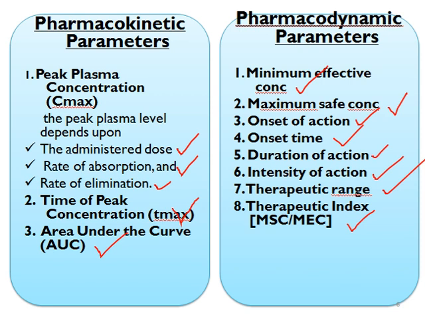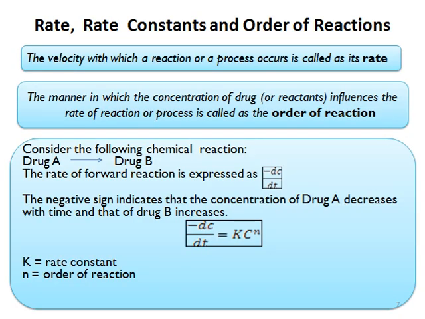Now, what do you understand by the rate constant and order of reaction? The velocity or the speed with which a reaction occurs is known as the rate of reaction. The manner in which the concentration of drug or reactant influences the rate of reaction or process is called the order of reaction. So if you have a chemical reaction in which drug A is converting to drug B, then